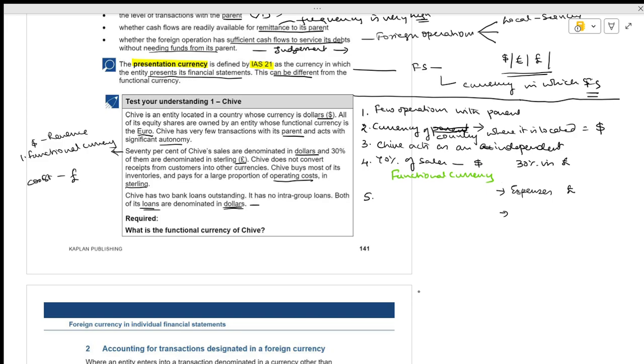CAI is an entity located in the country where dollars are used. If we are working with dollars, is it right? CAI is working with dollars, and they are retaining most of its